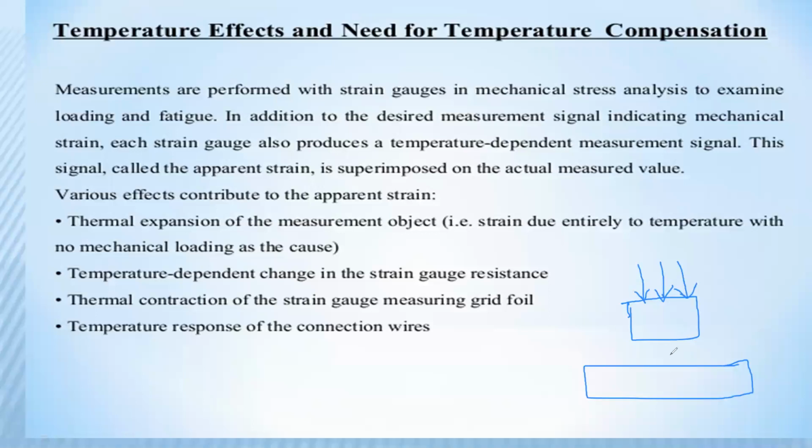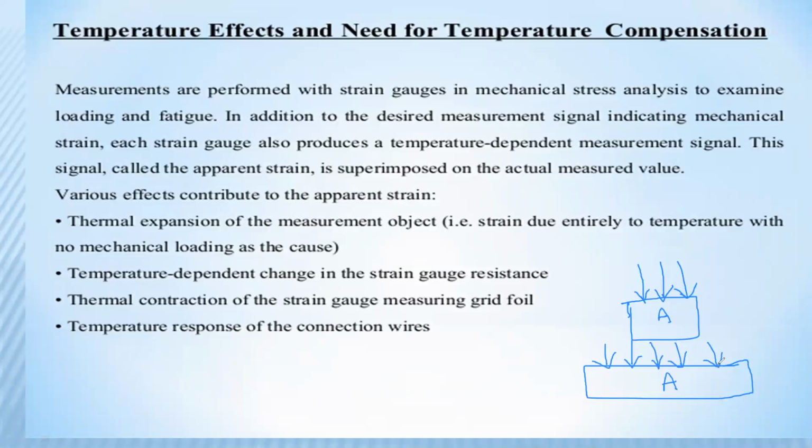It should lose the original shape of the object. That means the area of the object is changed, and also the temperature is developed on this object. Due to this temperature analysis, how much amount of temperature effects on this object? That means the temperature is very high, highly developed on this object.